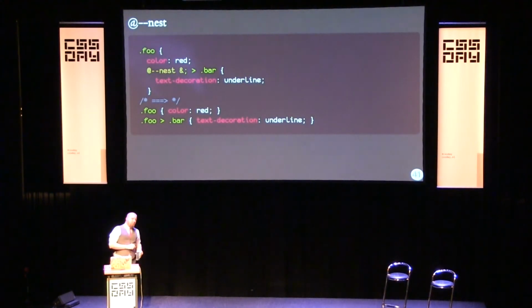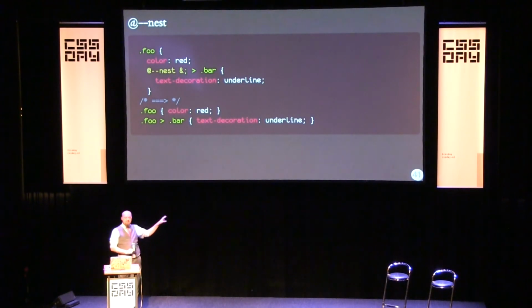Here's another example. People have always wanted the ability to nest selectors inside of CSS. We're not offering that yet in CSS, but if you had custom at rules, you could do it on your own. We just create a --s nest rule. It ends up parsing some selector. Sorry about that semicolon. It's an artifact of my syntax highlighter. I can't get rid of it. It'll parse all that and then turn it into new styles for you.